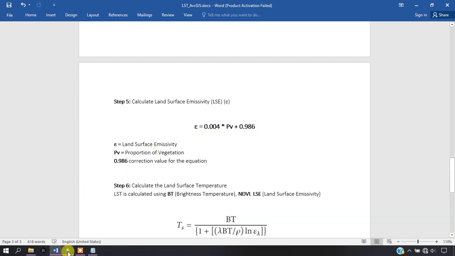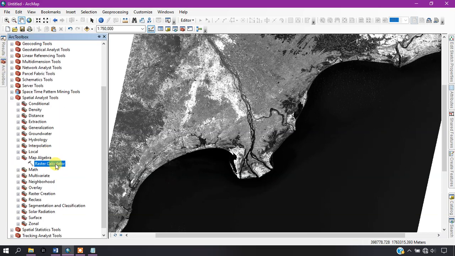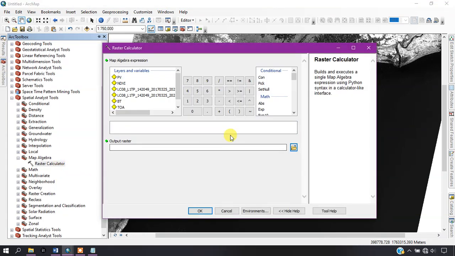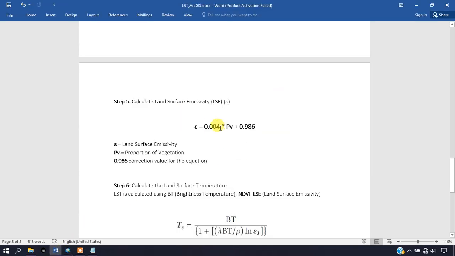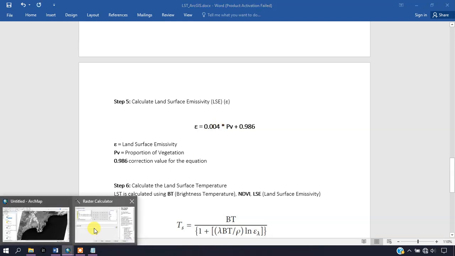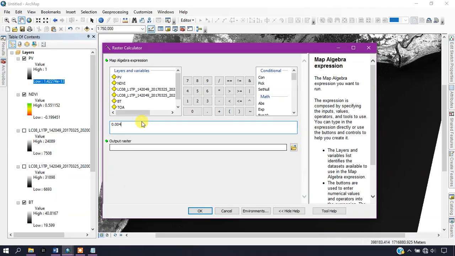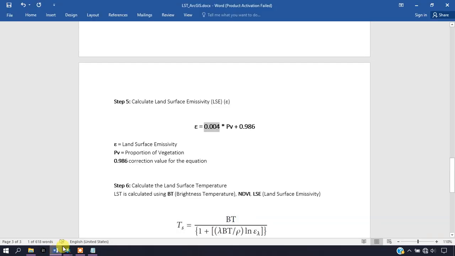So going back to ArcGIS once again, raster calculator. Now we are going to just copy the value here, 0.004, into PV. So you can see here this is PV, that is the proportion of vegetation, and we have to add it with 0.986.